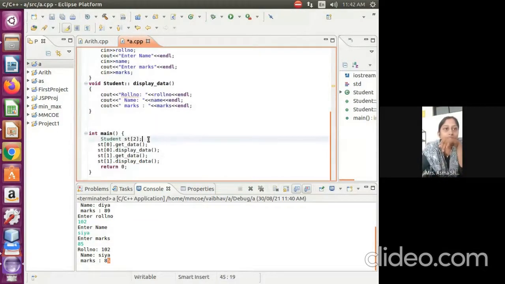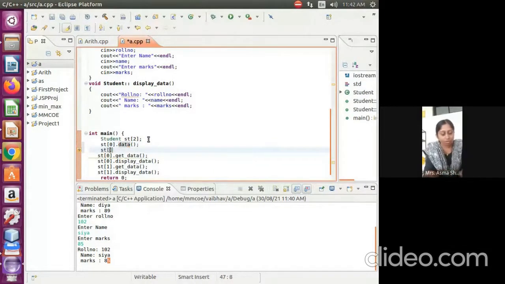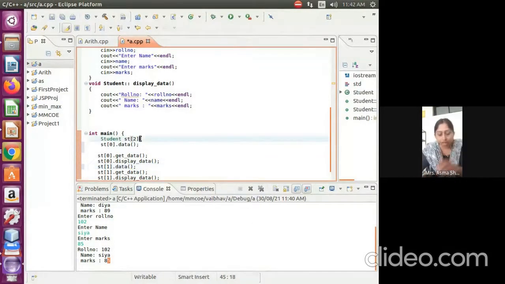Now I am calling it using st of 0 dot data, st of 1 dot data. It is not belonging to array of objects, students. So don't get confused about why I am writing it with the array of objects. I can remove it.